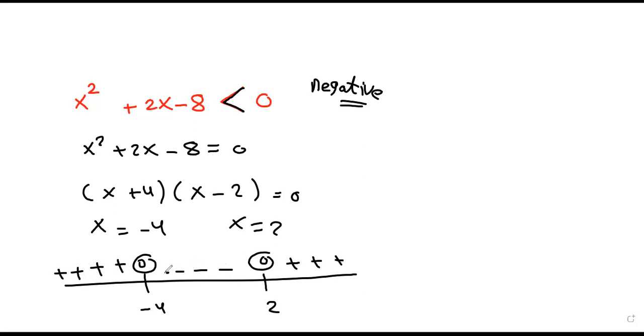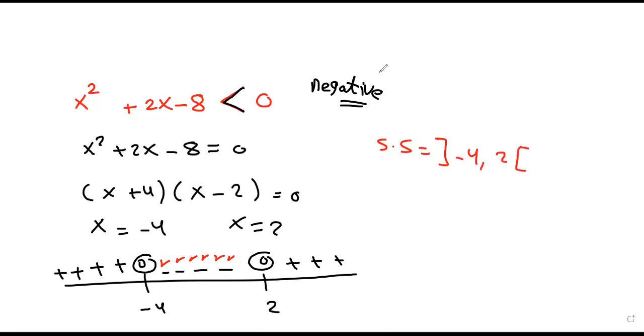And in the middle, negative. And we need the negative only. So we will take all values of x between minus 4 and 2. But we couldn't take minus 4 because I want the negative only. So the solution set in this case equals the interval minus 4 to 2,